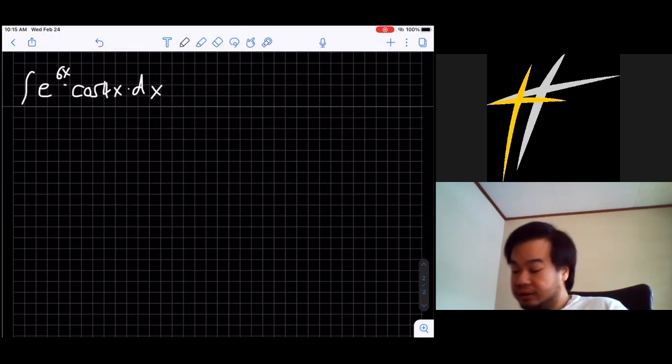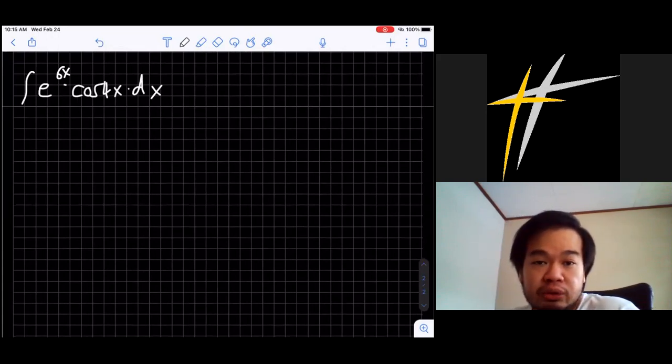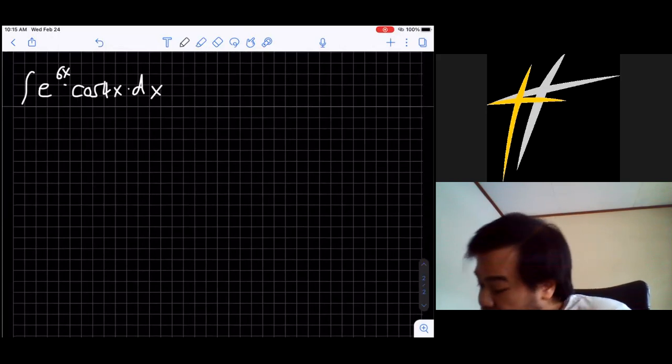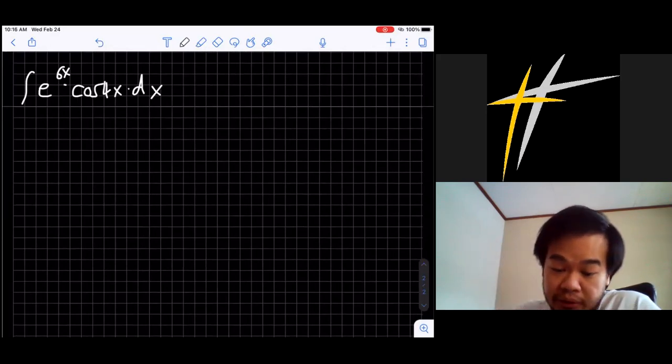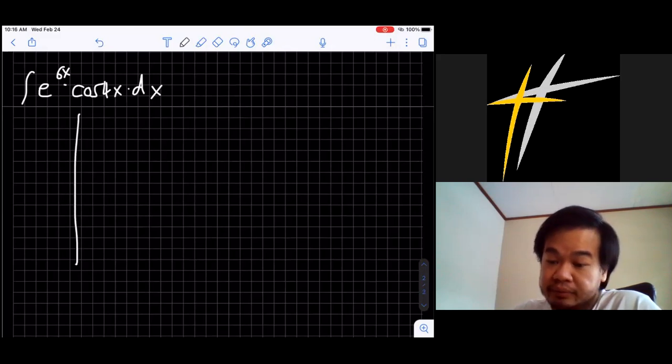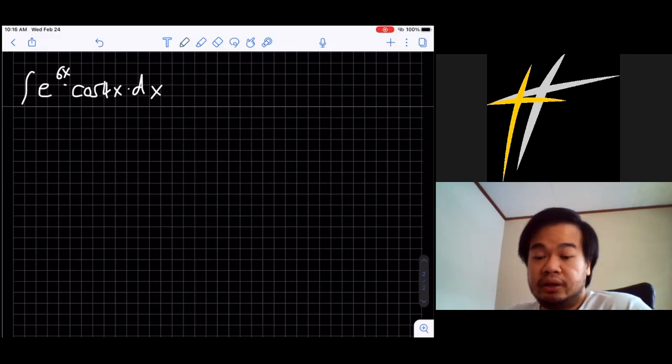Now if this is the case, then actually it doesn't matter which one you choose as the u and which one you choose as the dv. It's gonna be the same. So your book chooses the u as the e power of 6x and the dv as cos 4x. So just for variation, I will choose a different way. But actually, before that, I want to do it with the manual method first, before I show you how to do it with the table.